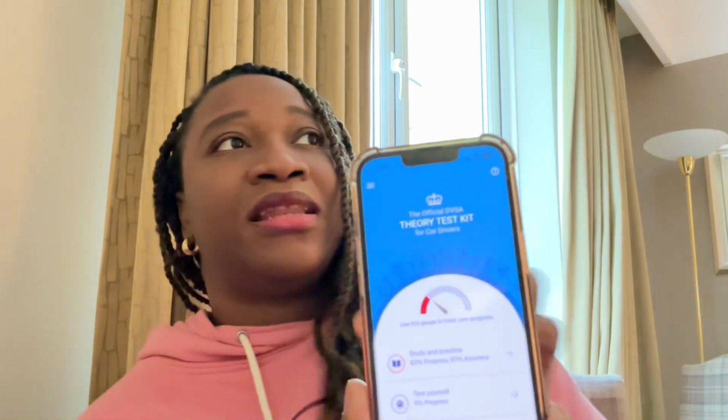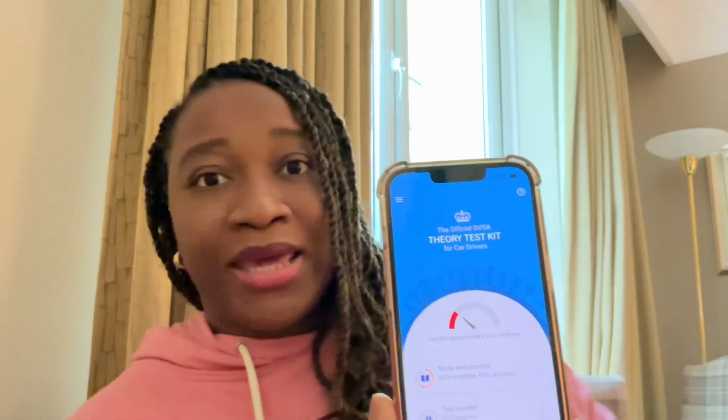I downloaded this one week before my exam. Somehow I just got this inspiration to go back to the app store to check for the DVSA theory test. I was thinking, why don't I find an app from the people who set the exams? Why am I downloading apps from other people who are trying to make some money off driving tests? So I decided to go to the DVSA